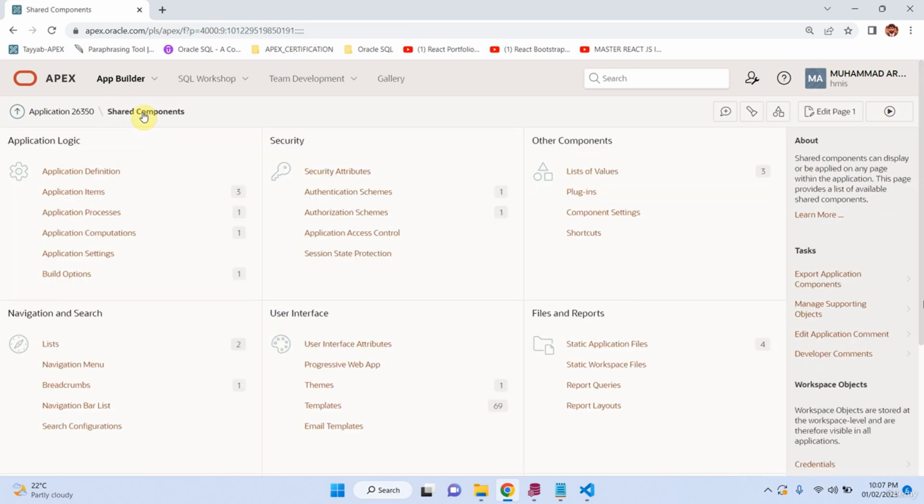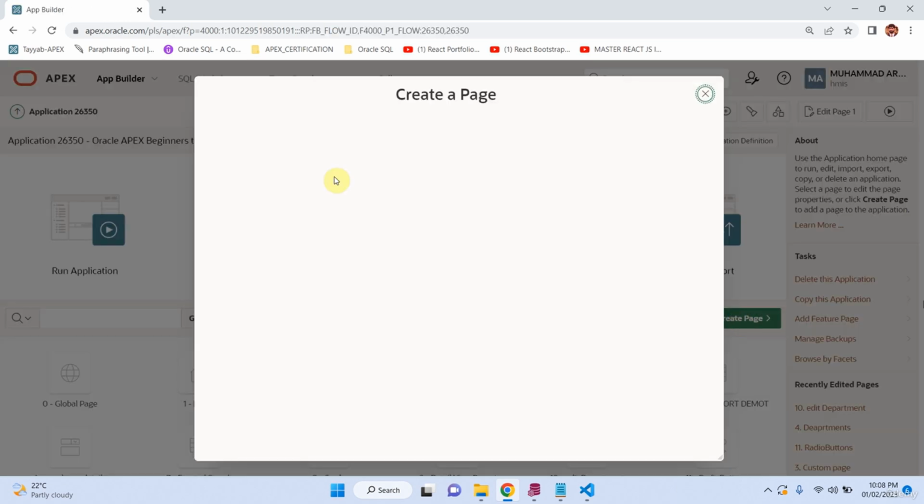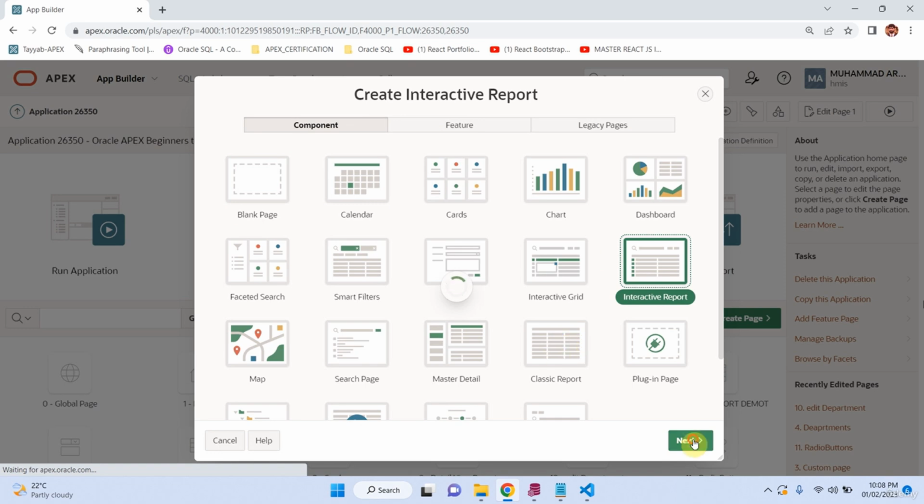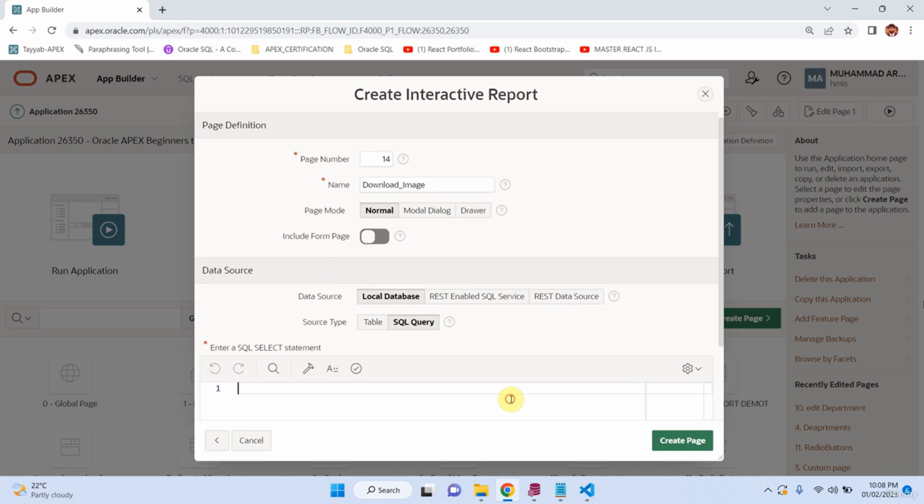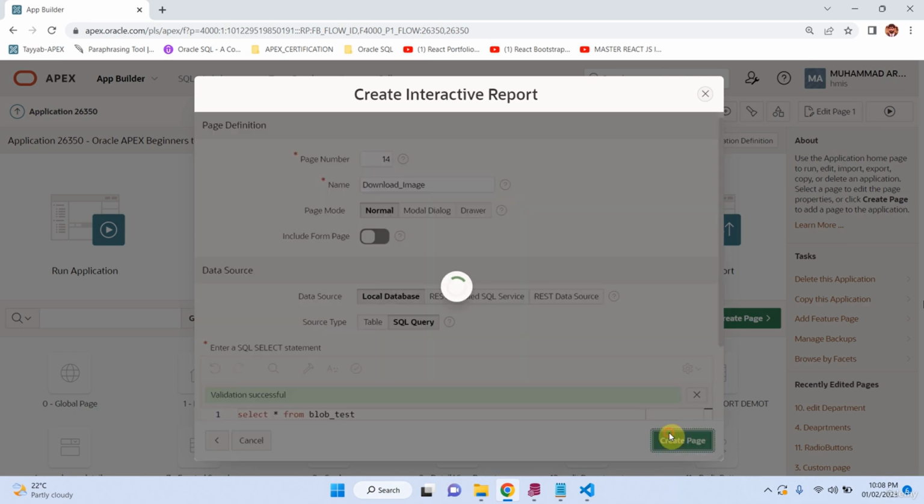Now we need to create a page in this application. Create the page. Interactive grid. Next, name of the grid is download image, and here we will provide the query select star from, and name of the table is blob test. Verify this query. Okay,